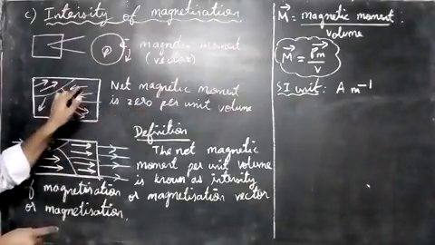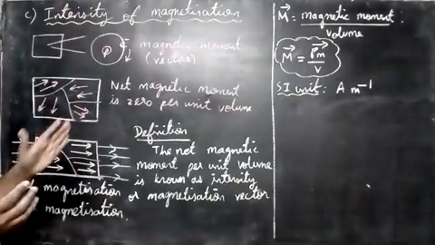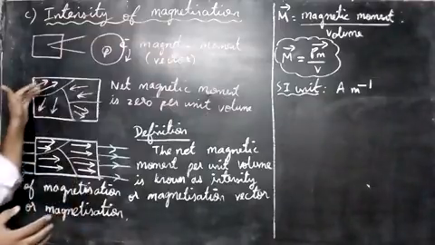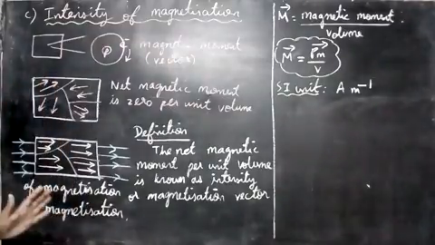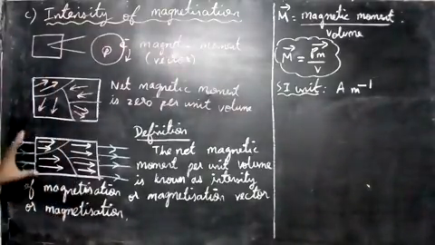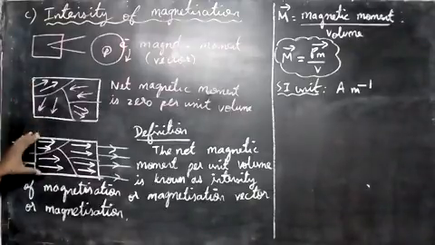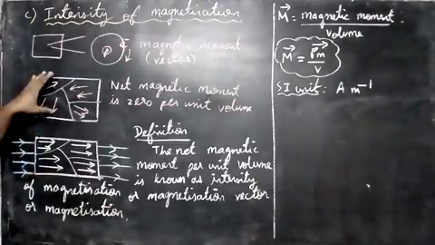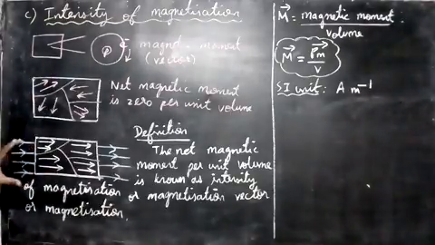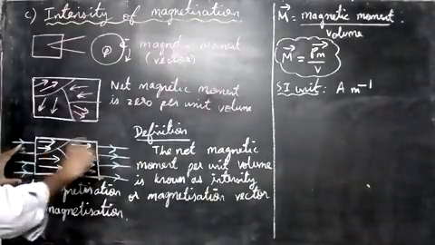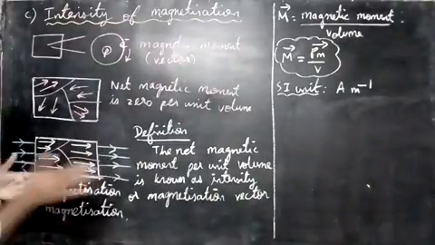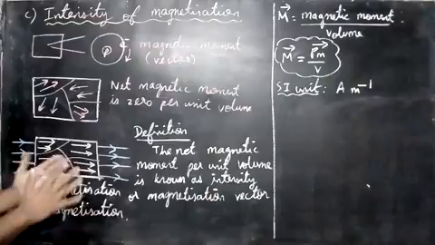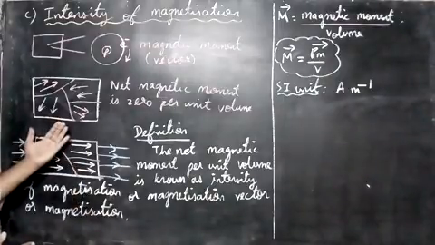Each line we can say is a magnetic moment, and when you see them together, the net magnetic moment will be 0. Now let us see what happens if you keep the same substance in a magnetic field. When you keep it in a magnetic field, all the magnetic moments may go in the same direction, or they may be partly aligned. Some may go straight, some may turn this way.